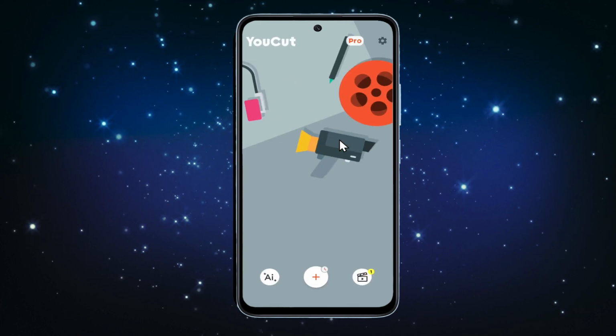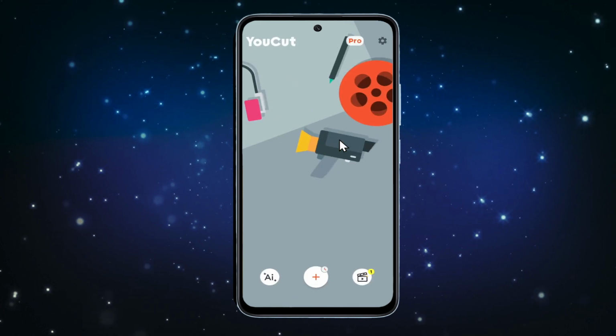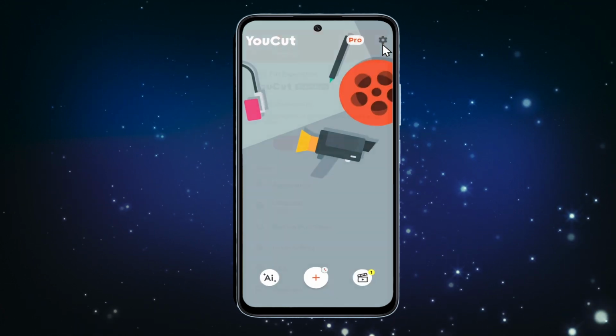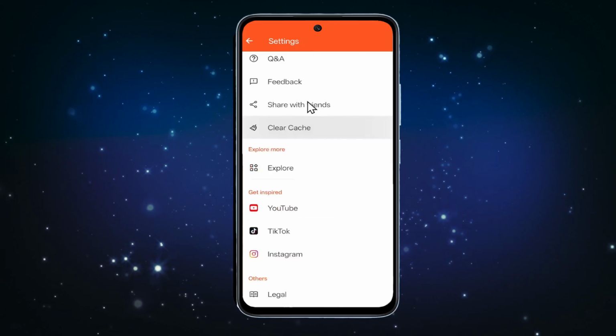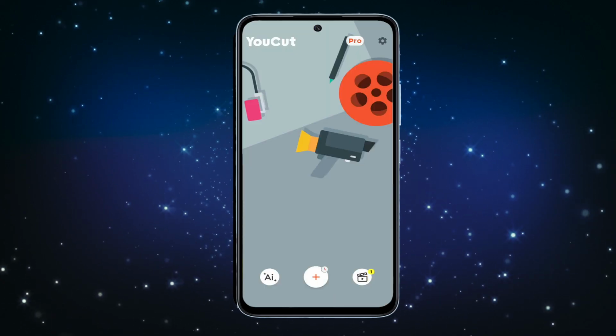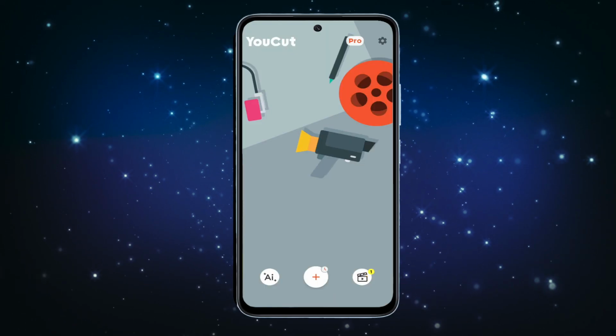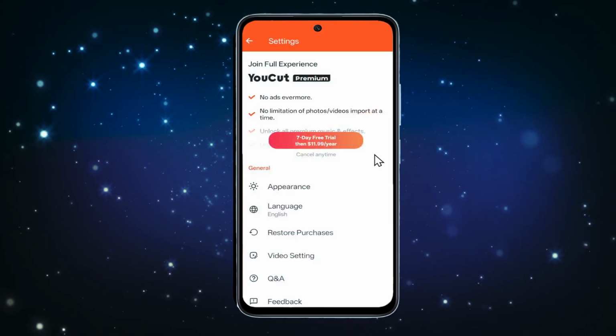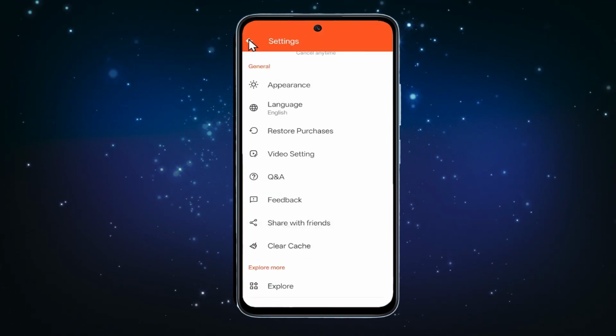When you do this, this will directly take you into the home page for YouCut. And when you tap on the gear icon, there is no particular option to log in or sign up. However, this application stores your data locally inside your phone. So if you haven't already cleared your data from your application page, then you will still be able to find